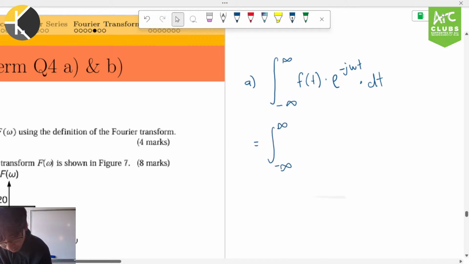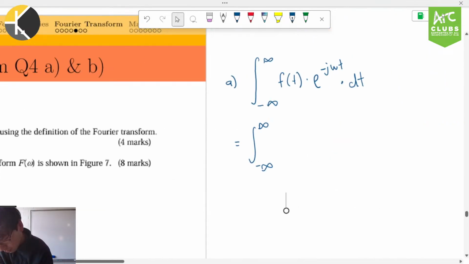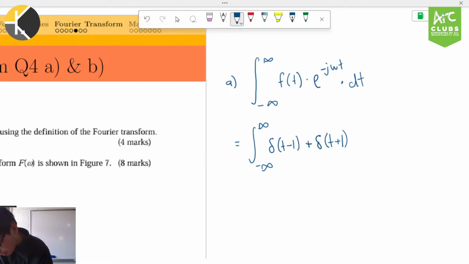So we have delta(t minus 1) plus delta(t plus 1), and that is all multiplied by e to the negative j omega t. Separating that out,